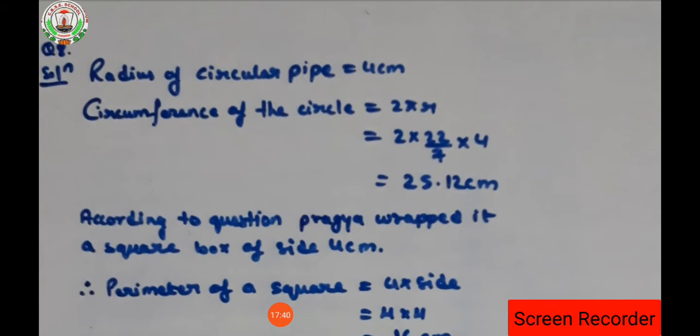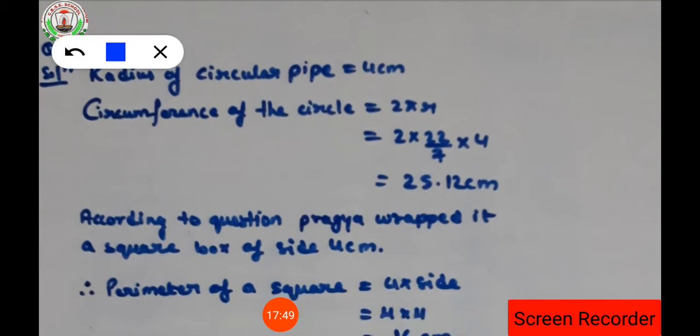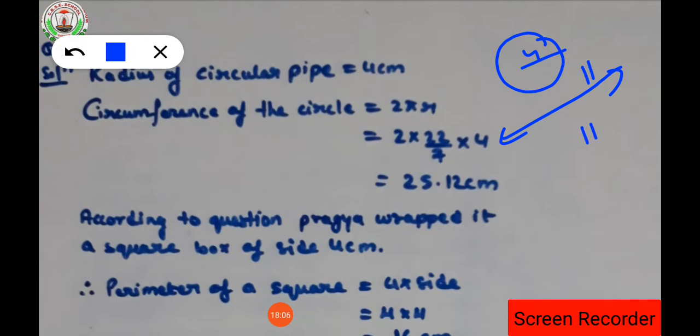Then after, I think I was explaining the 9th question. It was not like that. Whatever I had explained here belongs to the 9th question. In this question it is said that we have one circular cord whose radius is 4 centimeter. This cord is to be cut in length, and it will be folded into the form of a square whose side is 4 centimeter. Now how much cord is left?